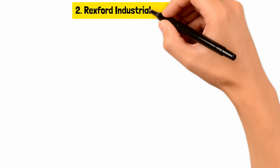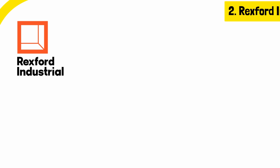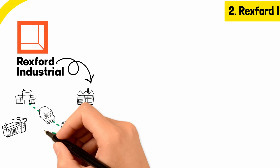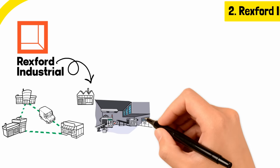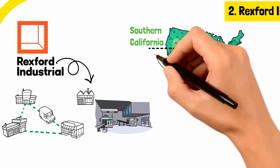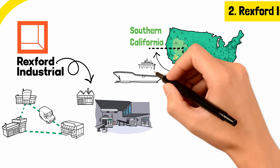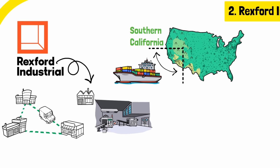Rexford Industrial Realty, known by its ticker symbol REXR. This REIT focuses on industrial properties, specifically in the Southern California market. Now, why is that a big deal? Southern California is one of the most dynamic and high-demand industrial markets in the world. With the constant stream of goods flowing through places like the ports of Los Angeles and Long Beach, it's a